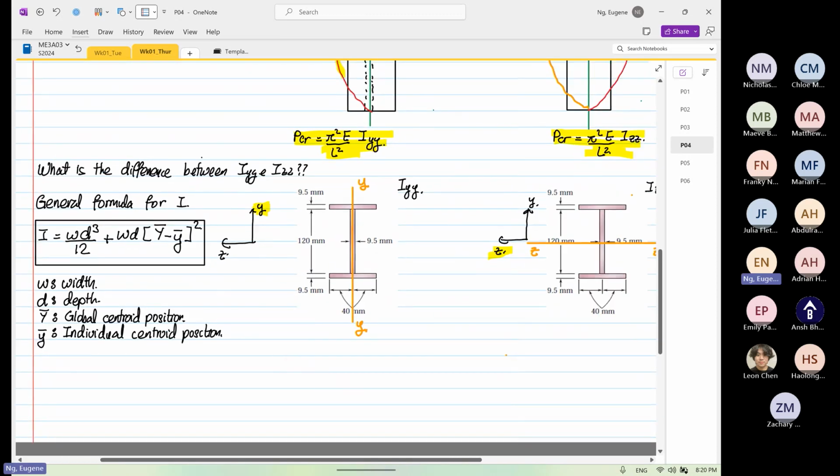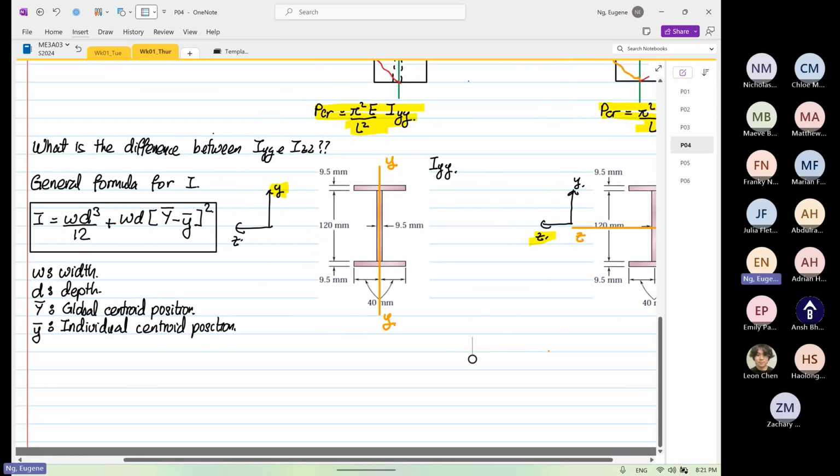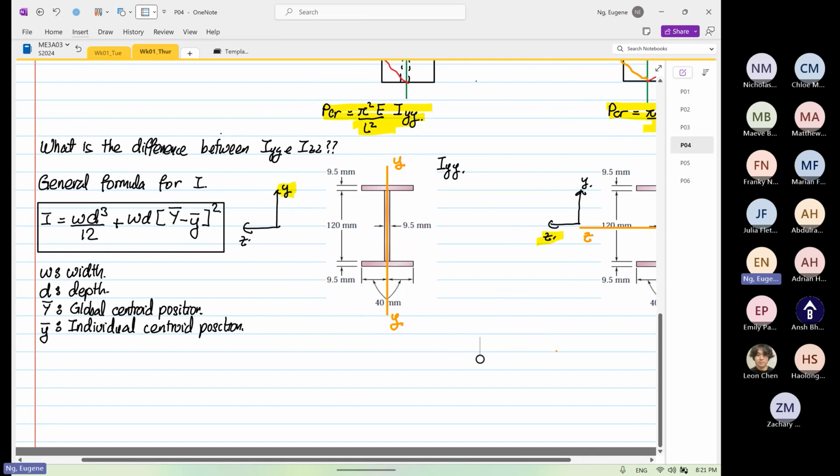Now for this case, when it's YY, I've done a lot of problems with this, and as I say, I've taught this so many times. Students usually have a problem with what is the width and what is the depth. So I came up with a very easy method that you can't go wrong. I highlight again, you can't go wrong. So what do I mean? The axis that we're interested in is YY. So the axis that is parallel to the axis of interest